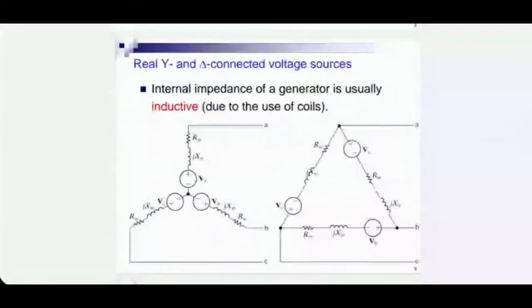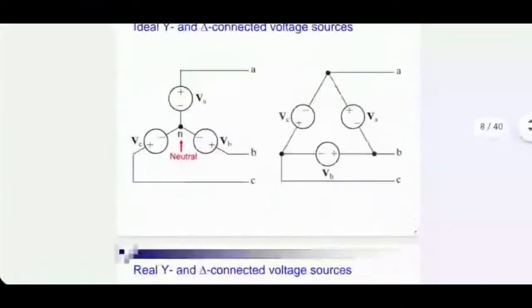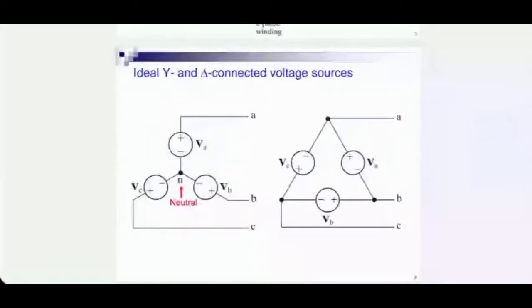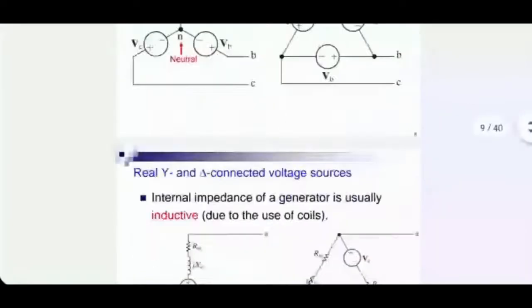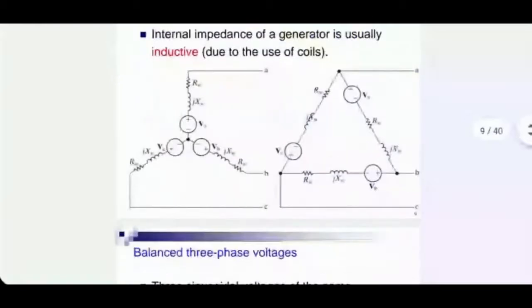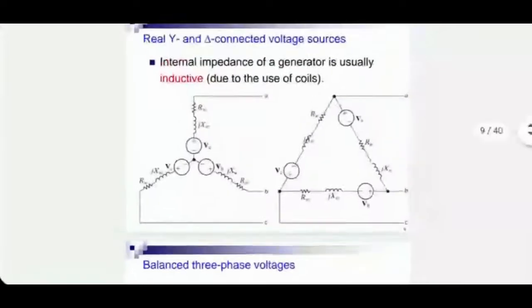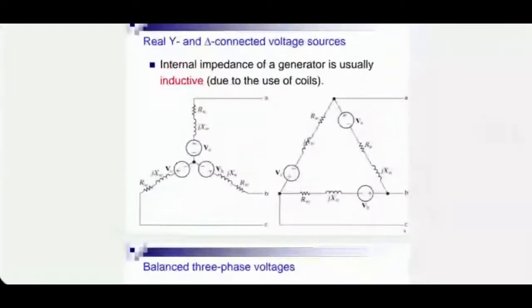Okay, fine. Now, one thing you have to realize that although I was showing an idealized version here where three generators are having no losses inside them, that is not real. In reality, all generators have losses. The equivalent circuit for their internal problems is approximately a series RL circuit. That is a realistic picture of an AC generator.